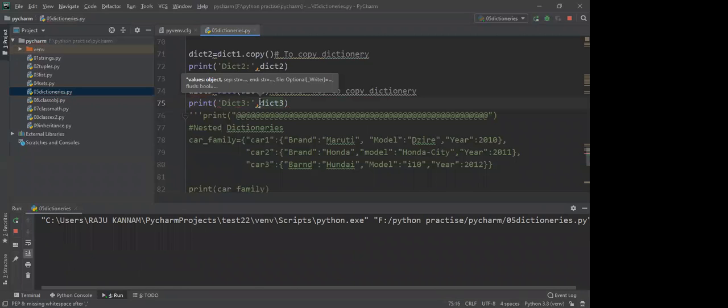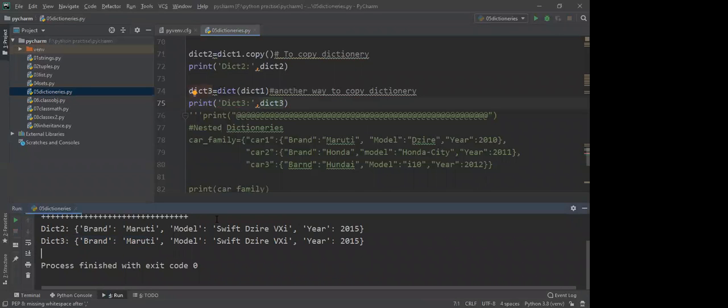If I execute, so dict3. That means in two ways you can copy: by using the copy function or by using the dict constructor.